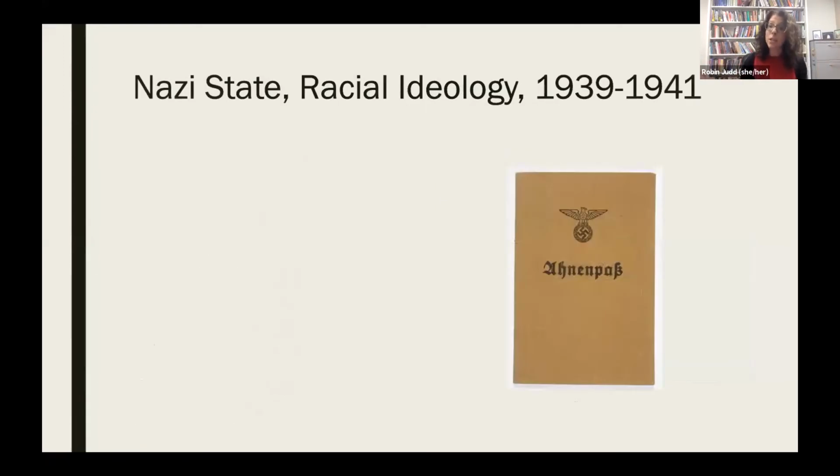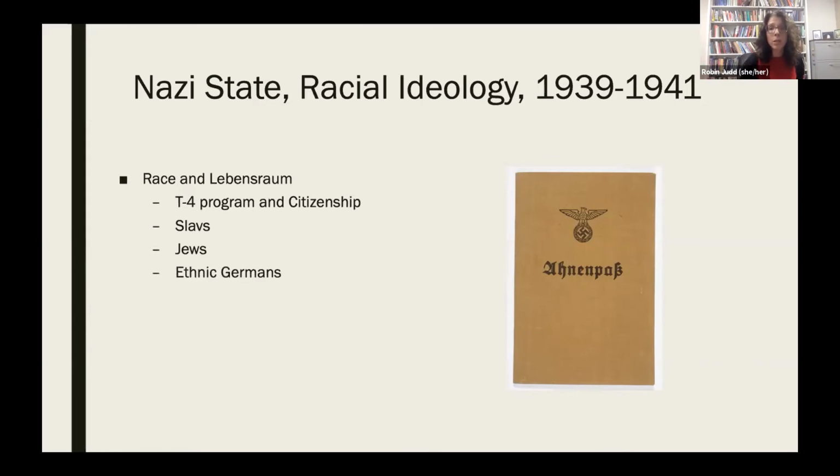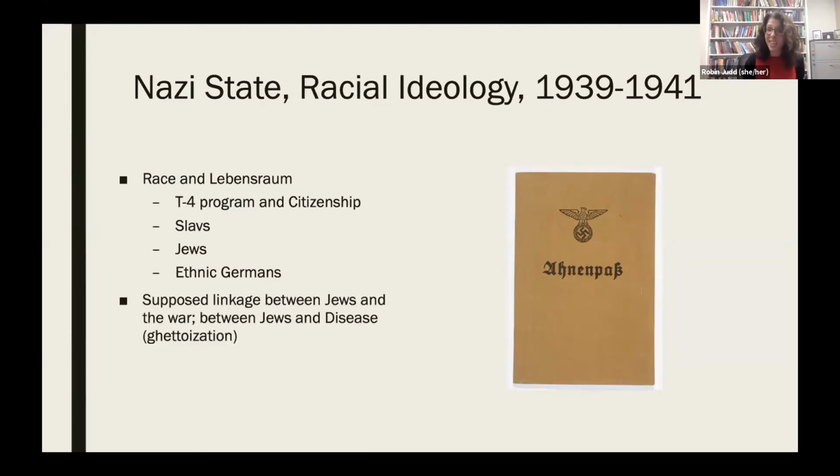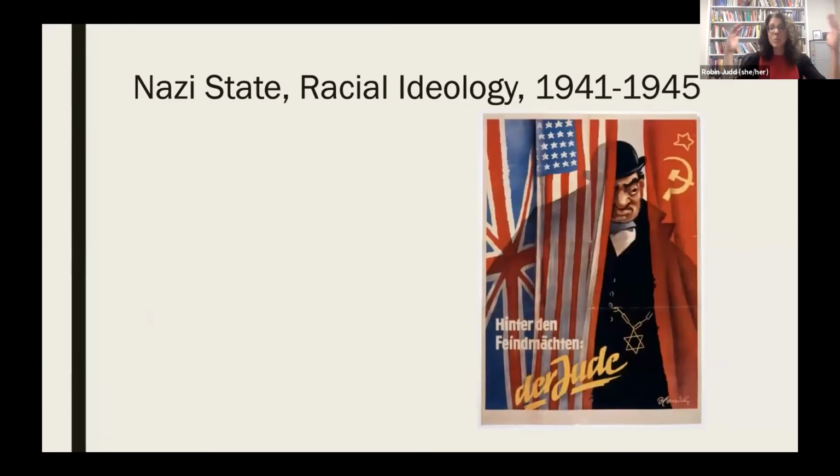When we move to 39 to 41, we see that next layer being built upon. Right here, race and Lebensraum, race and living space go hand in hand. There's the T4 program that gets introduced, where we have the so-called euthanasia program. We have this focus on Slavs and the introduction of Slavs and Roma Sinti as slave labor. We have the creation of ghettoization for Jews in Poland, and we have the forcible movement of ethnic Germans. There's a supposed linkage between Jews and the war, between Jews and disease,